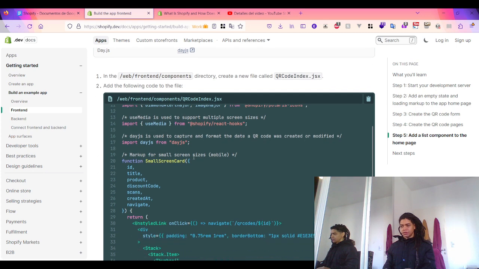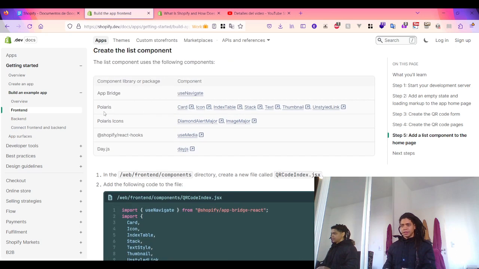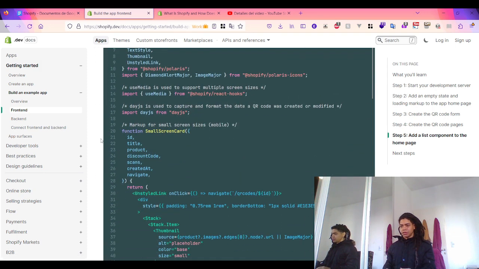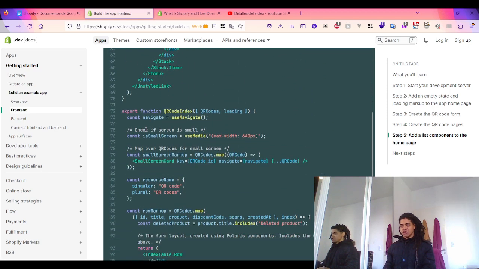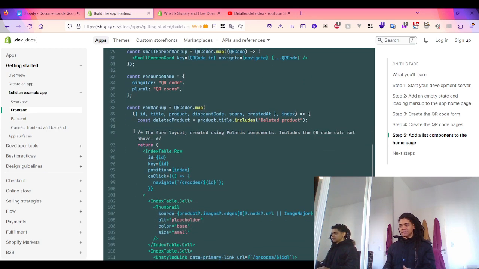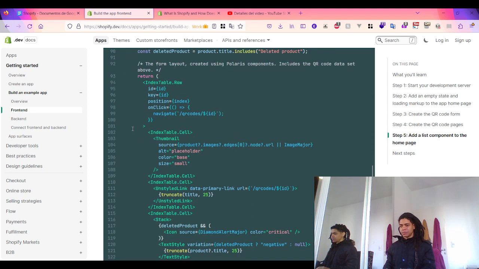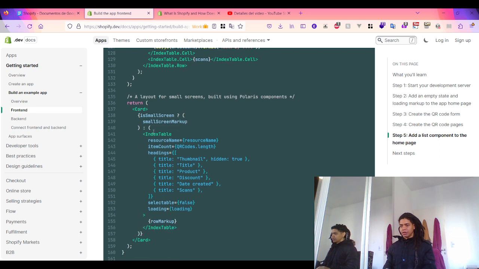Okay, something like this. The Polaris icons, the Shopify React hook like use media, and the DJS like this. As I mentioned before, I'm not going to dive deep into the code. Just want to highlight where the route is, and where the components are rendered like this, card, index table, and